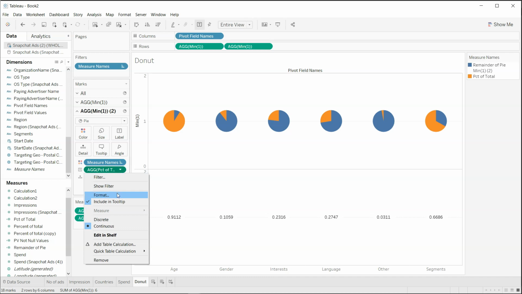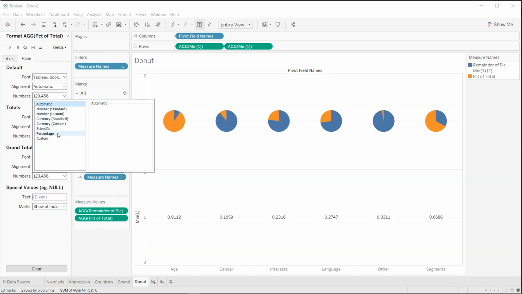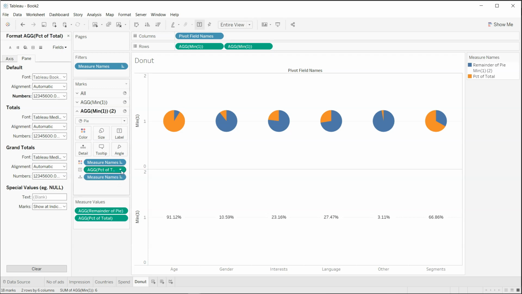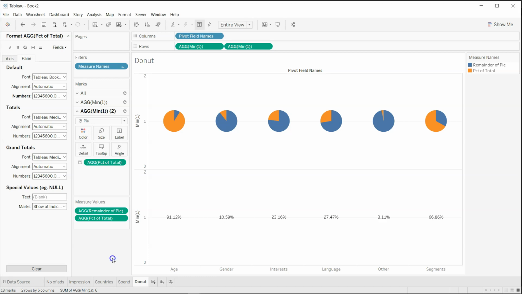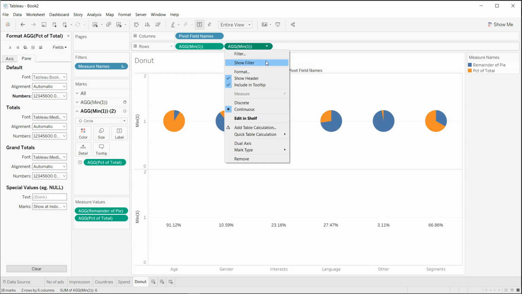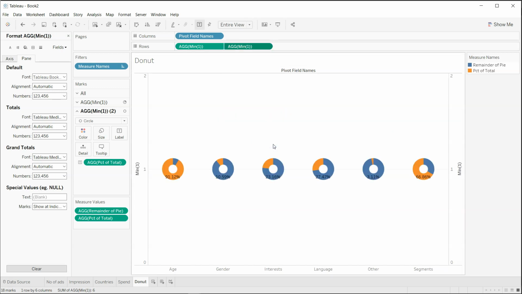We can format it as percentage. After that we'll come over here on the size and reduce the size as well. We actually don't need measure names, we don't need this as well. I will make sure the color is white, and it is a circle. Got it? So now if I come over here and make it a dual axis, you see a sort of pie has been created. Now if I increase the size a little bit,